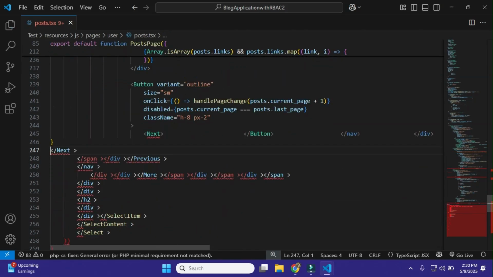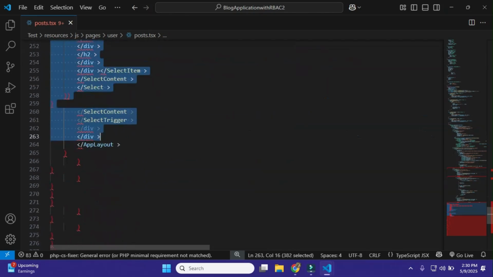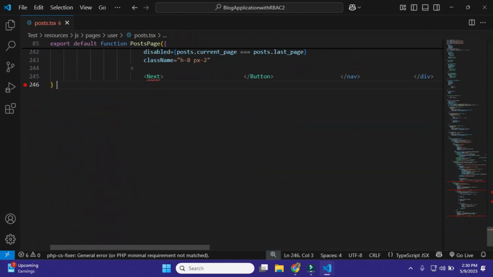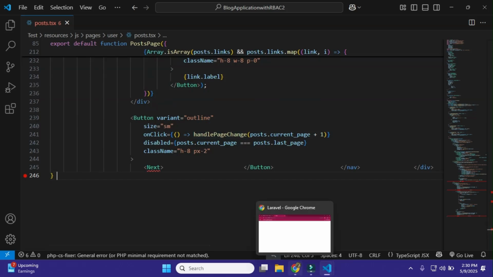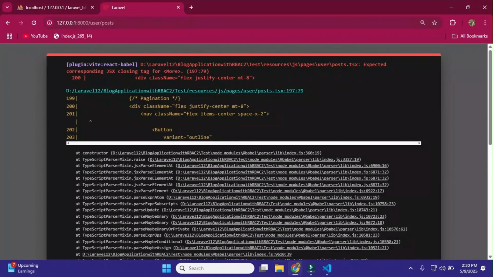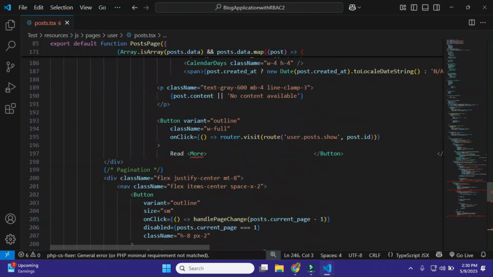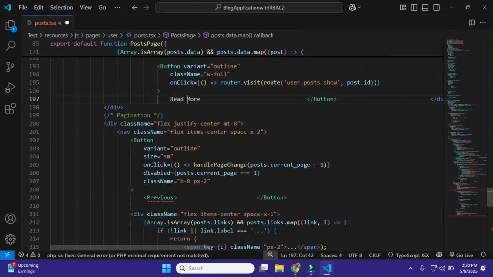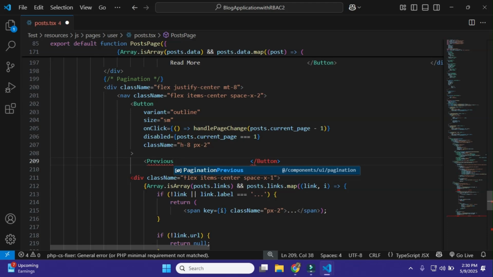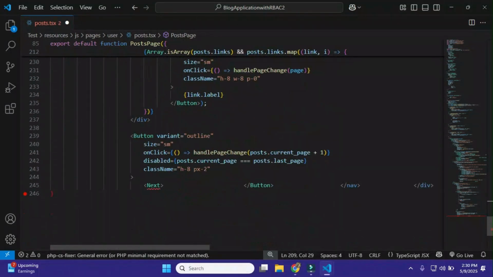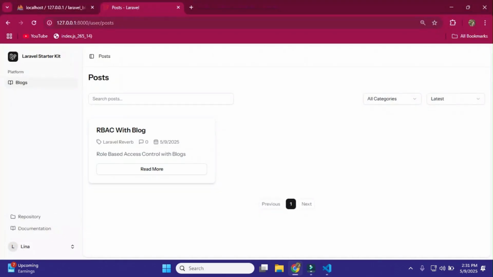So that's it. We simply wrote this code, and now I'll remove this extra code. Okay. And here when I go to my browser, you can see it is saying this. So basically this code is written by AutoTable. So I'll make the read more a tag. So I'll remove this. Okay. And also I need to remove this from here, like from previous. And here also I will remove this from next. Okay, just save this, and now I'll go to the browser again, and here you can see it is showing the same interface that we saw in